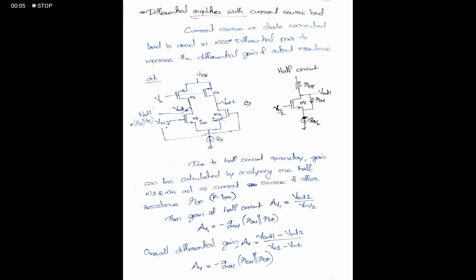In the last session, we discussed the differential amplifier and derived its small signal gain using two methods: the half circuit method and the superposition method. For a differential amplifier having dissimilar or non-identical MOSFETs, we used the superposition method. For identical halves, where half circuit symmetry is there, we will use half circuit analysis to find the small signal gain of